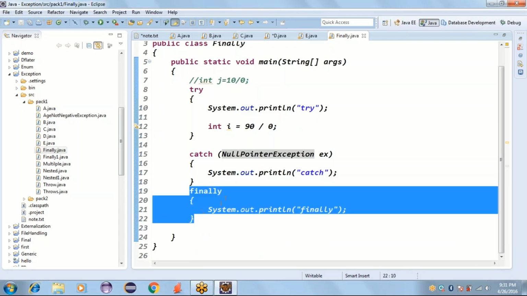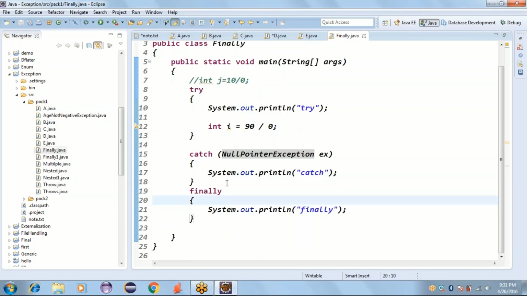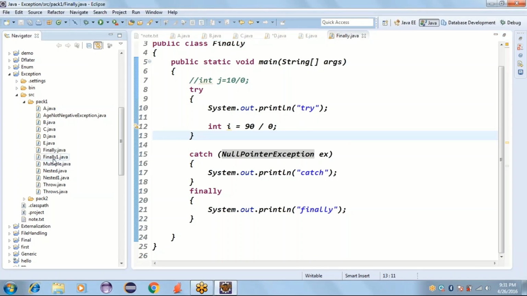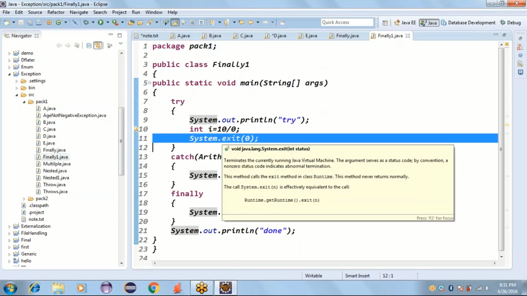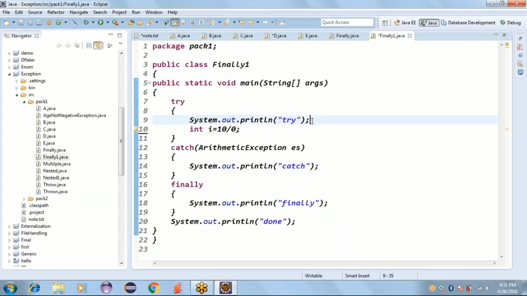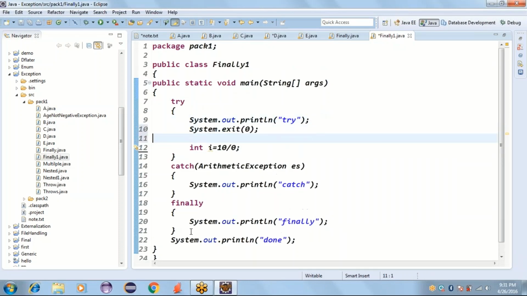So finally block is the default executable block once your try block is executing. But in one of the interviews someone asked me, can you tell me the way by which I want to execute my try block but not the finally block? Then there is one statement, and that statement name is System.exit. So if you write System.exit